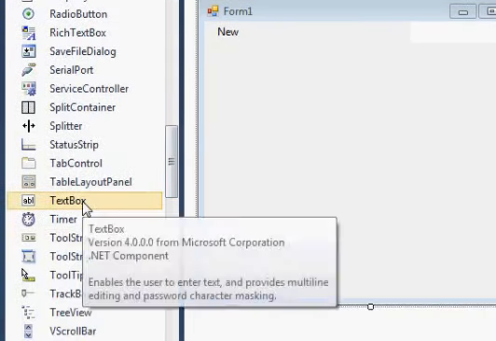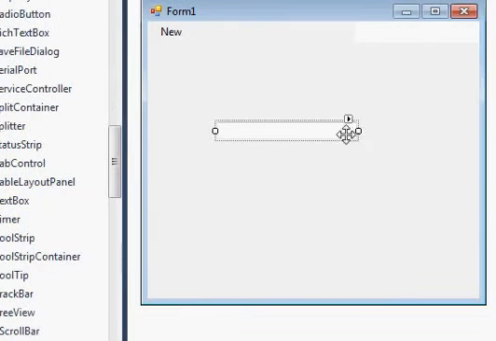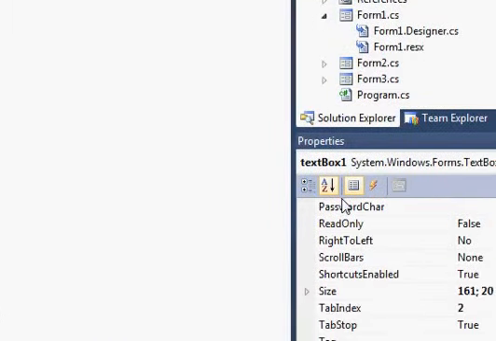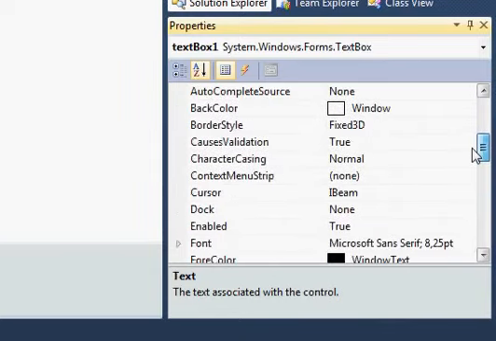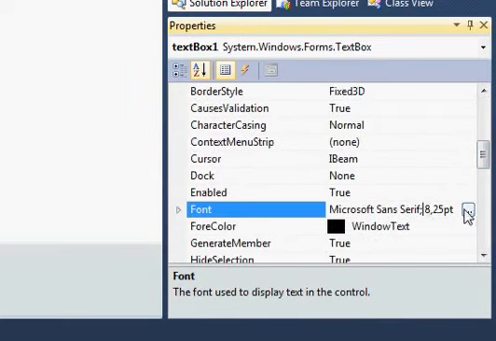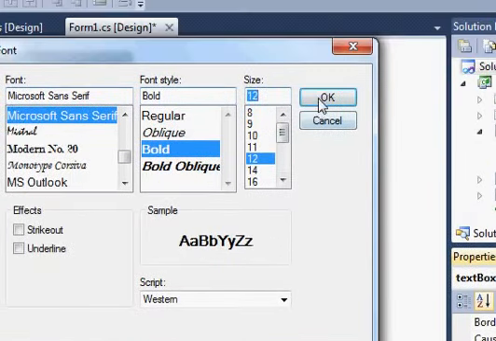So what I will do is I will take a text box and let me select this and go to the properties here, and I first want to change its font so you can see it better, bold and 12.